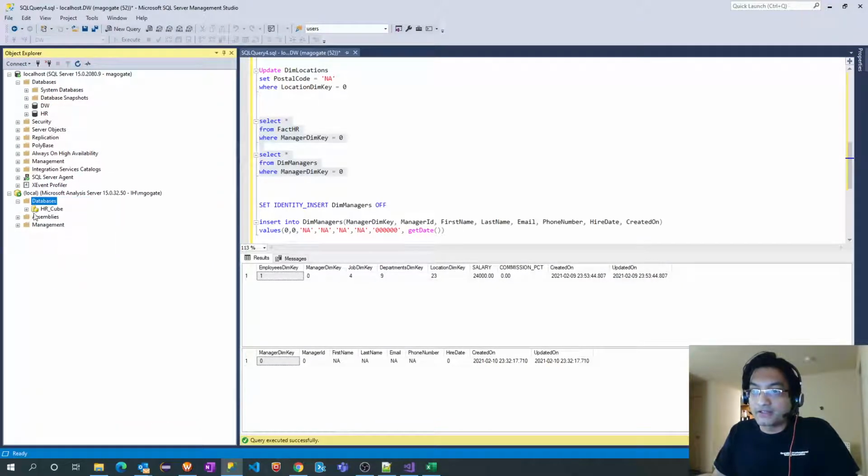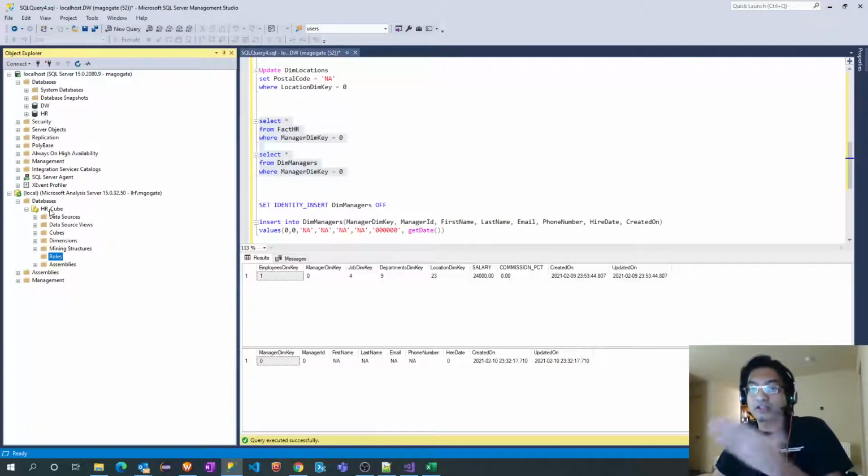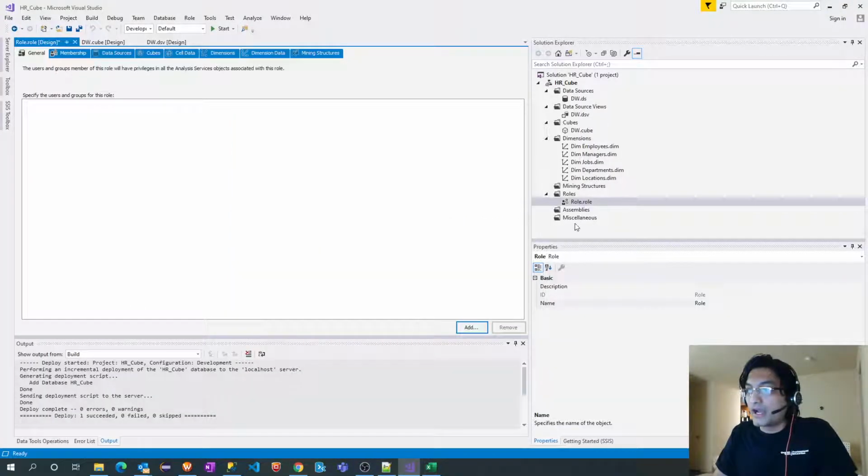Once you deploy that, automatically that role will get assigned into that database. So if I refresh it, you will get to see this role here. Right now nothing is there because we haven't added any role. By default, since I am using a local user, I do have access to this deployed object or database. However, if some external user you want to give the access, in that case you can add role from here directly, or you can add role from here.